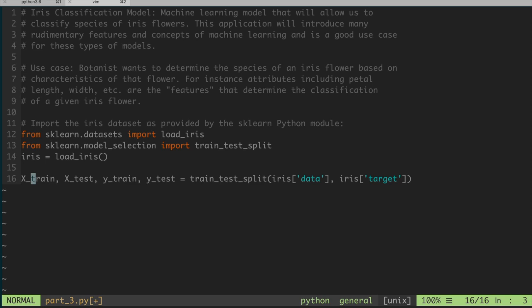So what we have here is 4 things. X train, that is the training set of data, so that's what's represented from this first variable here. X test, that is the part of the data, in this case let's say the 25% or so that we decide to obscure from our model, that's going to be stored in this variable X test. And then we also have a very similar thing, y underscore train. This is going to be the target content that corresponds to our training data, and then y underscore test, and that's going to be the target content of the stuff that we're obscuring,